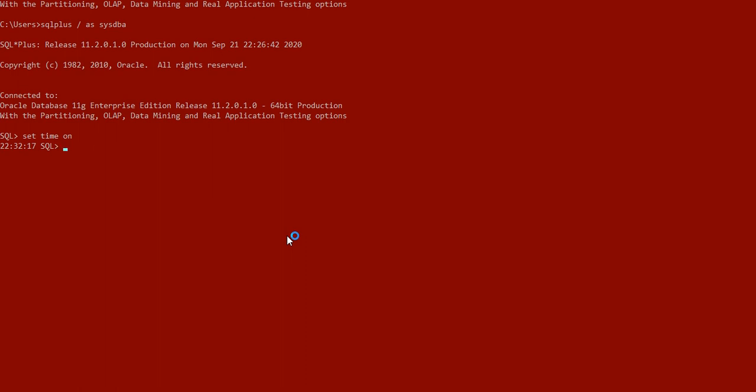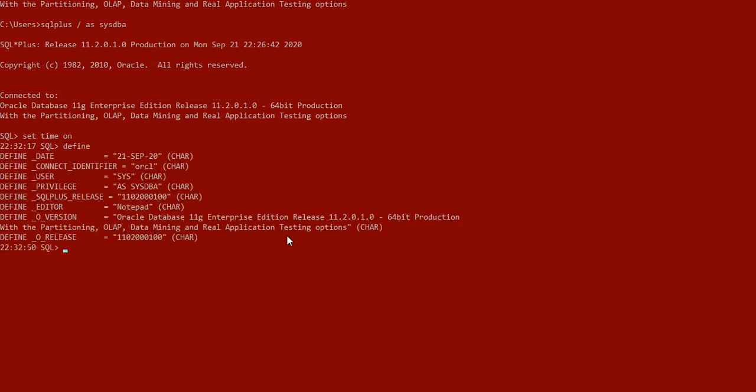When we are inside the SQL*Plus prompt, we first need to check in which database we are working. For this purpose we fire the command define. Here we are working in the ORCL database as the sys user, with SYSDBA privilege, inside 11g Enterprise Edition.